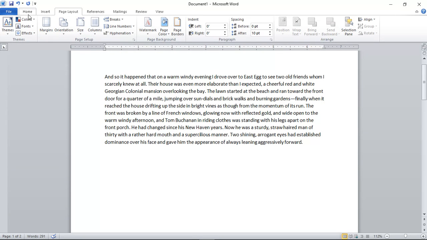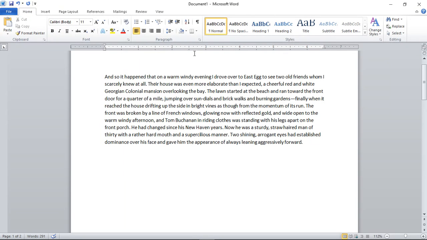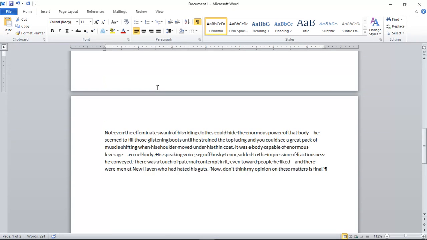The page has broken. In order to confirm it, you can see the opposite letter P. Just click on it and it will show you from where the page has broken. So here you can see from this section the page has broken, and the others are going to this page.